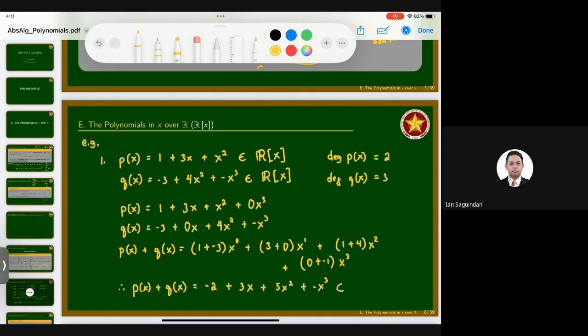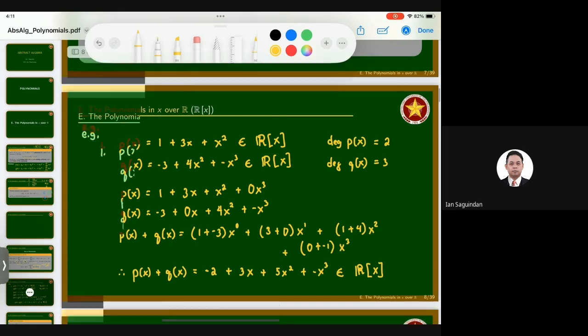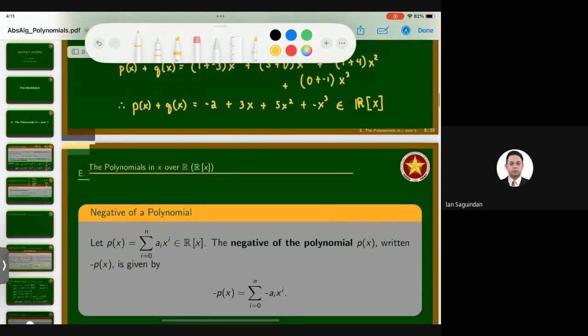With respect to the rule of polynomial addition, it should be clear that the sum of two polynomials is actually a polynomial. Even though you have two different degrees, or the number of terms do not correspond properly, it is always possible to add two polynomials and have a sum that is also a polynomial, since the zero coefficient can be seen in action. So much for that.